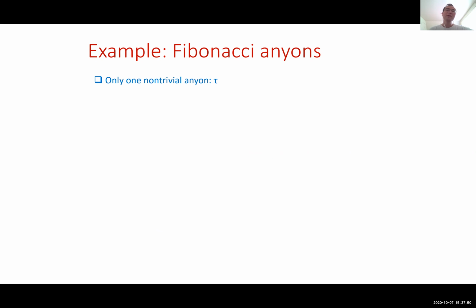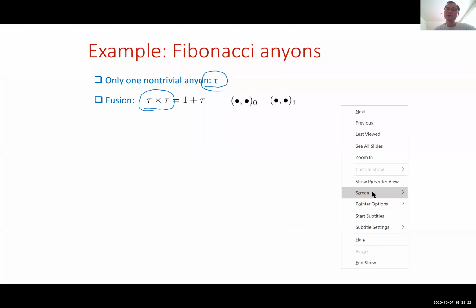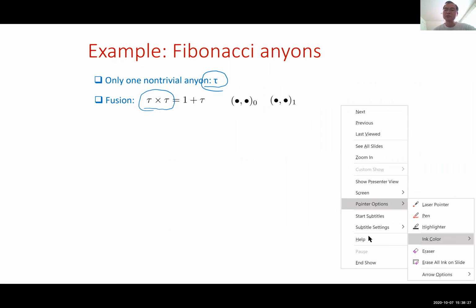Okay, so maybe it's a good time to look at an example, which is the Fibonacci anyon that I mentioned earlier. So the Fibonacci anyon is a strange type of anyon, but it's also useful in terms of quantum computation. It only has one non-trivial anyon besides vacuum. So the fusion is that if you take two of these Fibonacci anyons and fuse them, they can fuse to vacuum. It can also fuse back to just one